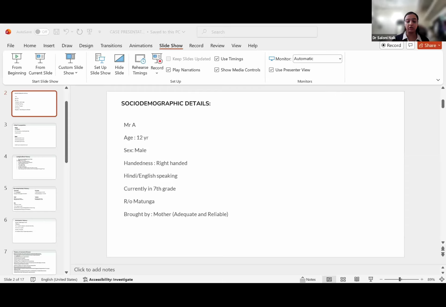The parents must be taught to not be very critical about his behavior, and they should have patience and persistence with all of these environmental changes that have to be made in the child's environment. Thank you.